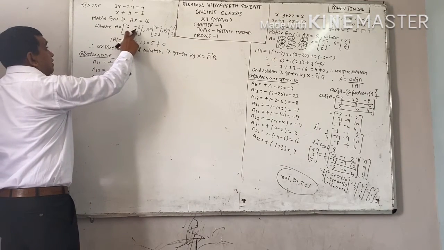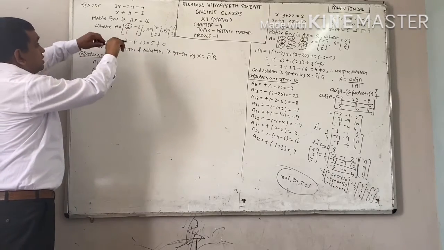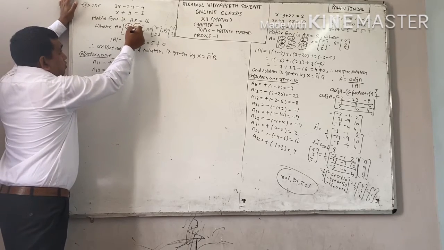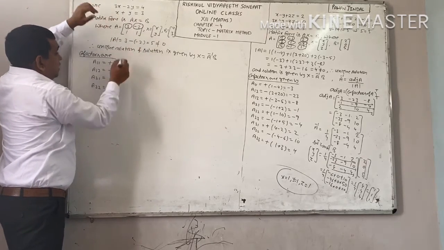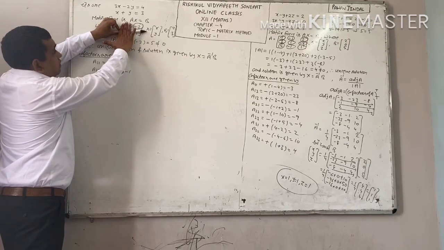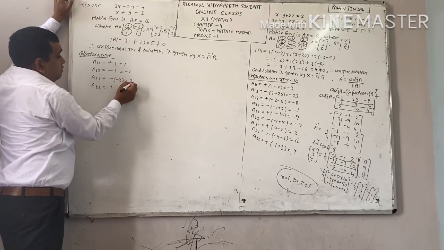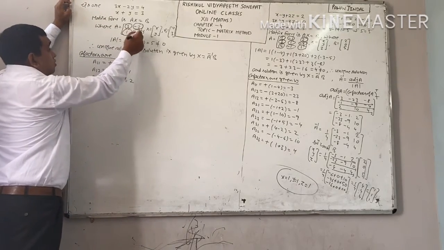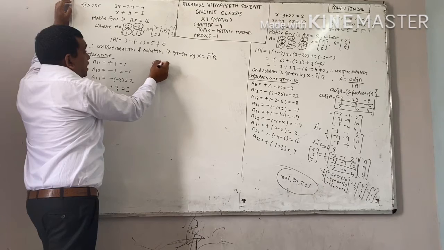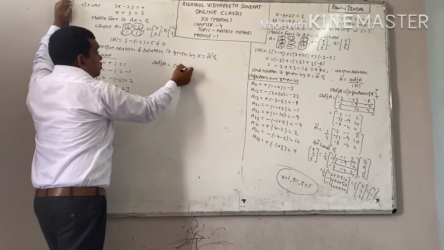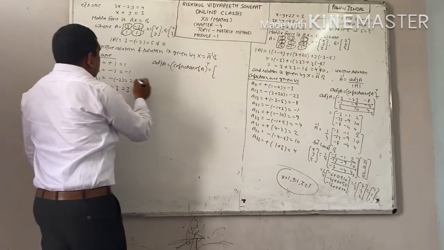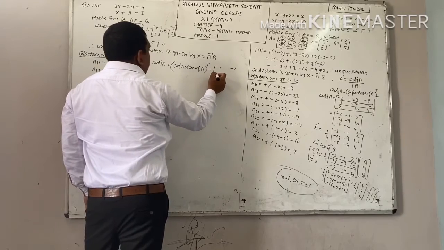Now see for A11, this horizontal cancel out and vertical. What is left? Now A12, horizontal this, vertical this. What is left? 1. Now A21, horizontal and this is your vertical. What is left? Minus 2, minus minus, it will be positive. Now last A22, it will be 3. Therefore you can write down adjoint of A. Adjoint of A equal to cofactors of A whole transpose. Write down the cofactors. Cofactors are 1, minus 1, 2, 3.